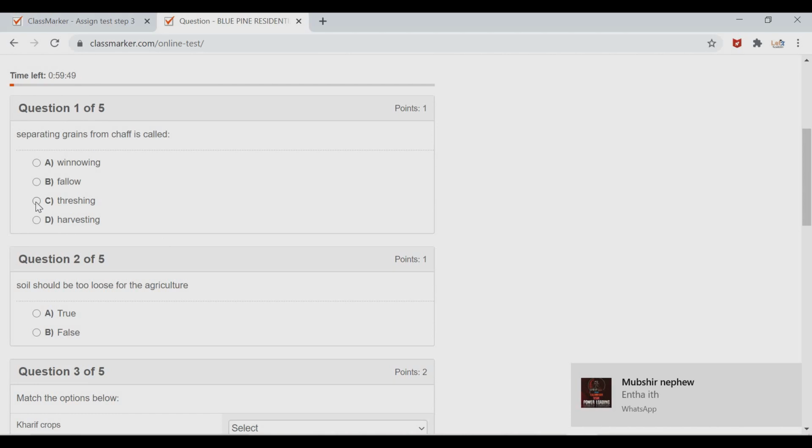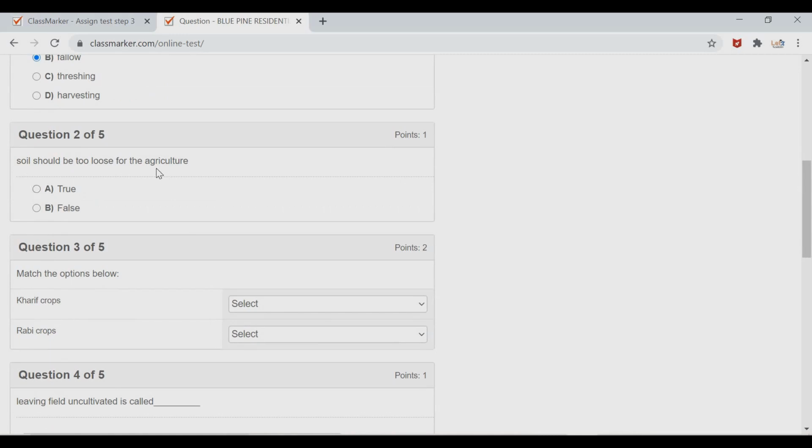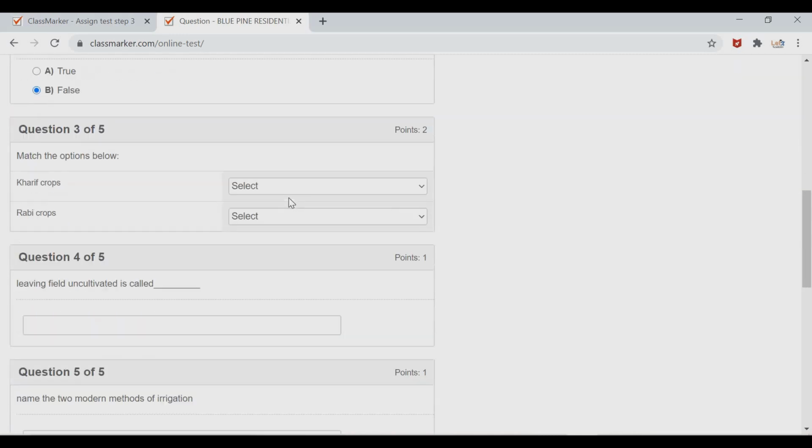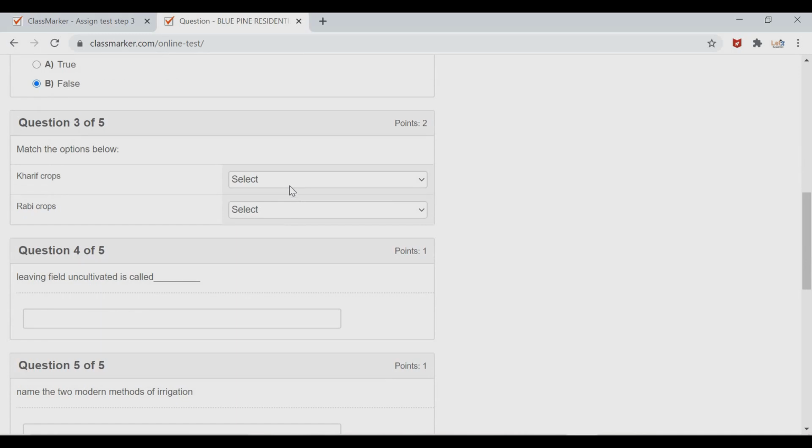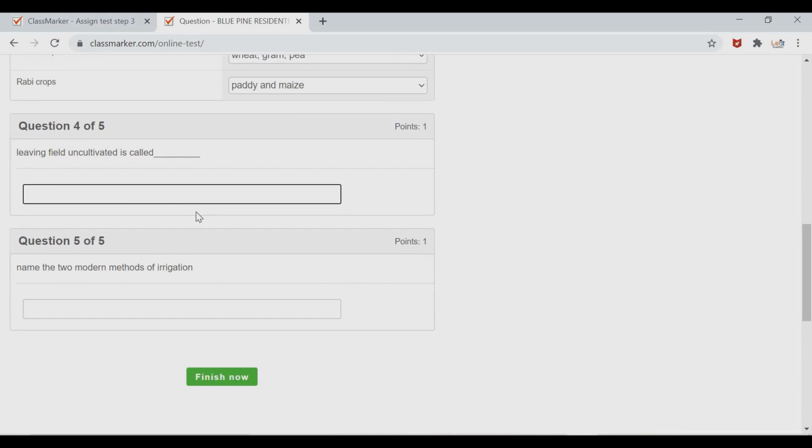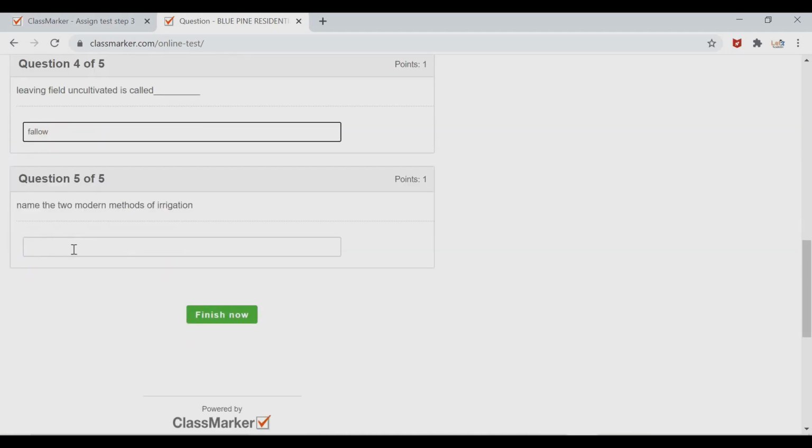Here I already set the answer. I know the answer. The answer I gave was Russian, but here I am going to click on fallow, and here it should be agriculture, that means false, and green, and two options. If you put 5 questions, then there will be 5 options in this second portion. So select, and I put the 2 options, living field and cultivated. When students type the answer, no matter whether they type capital or small letters, but the spelling should be correct. Name the two modern methods: